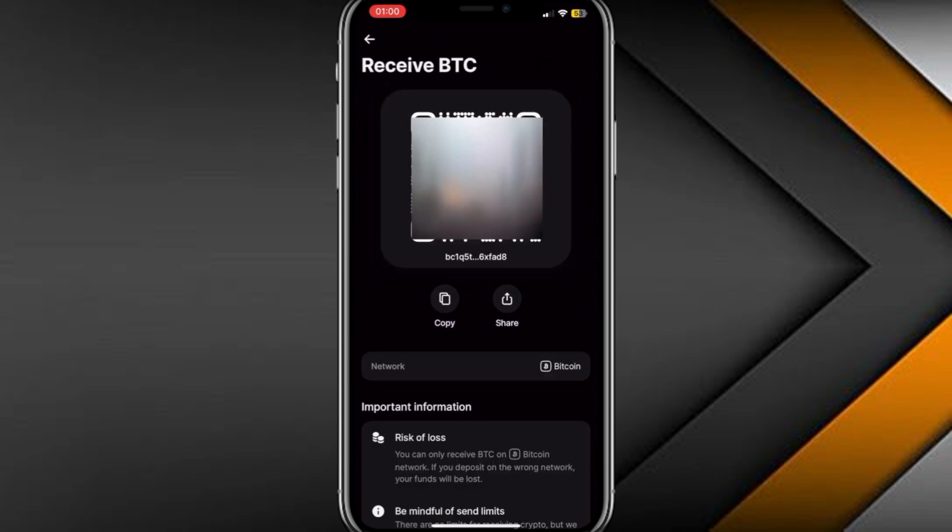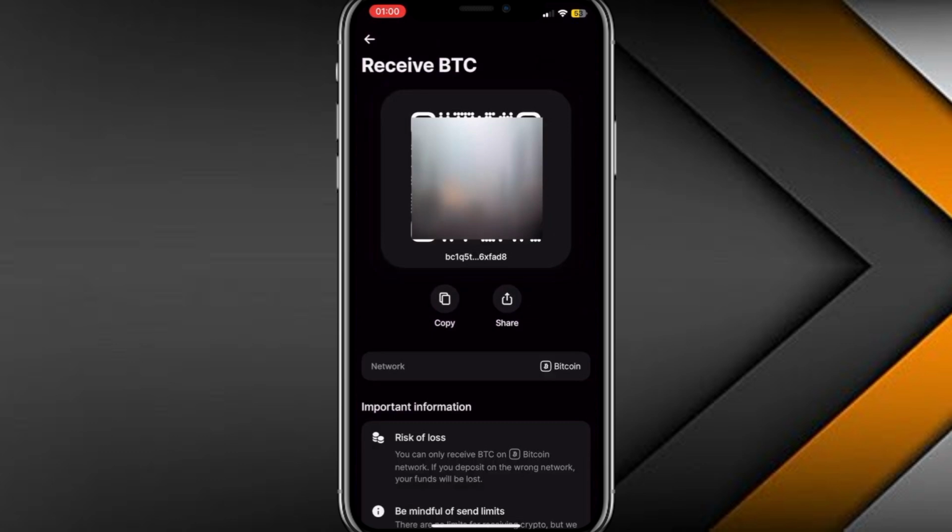Make sure you select the correct network, such as BTC for Bitcoin or ERC20 for tokens on the Ethereum network, to avoid losing your funds. Many assets exist on multiple networks, and sending on the wrong one can make your deposit irretrievable. Always confirm that the network selected in your sending wallet matches the one shown in the app for the asset